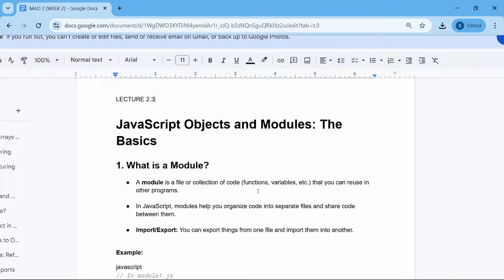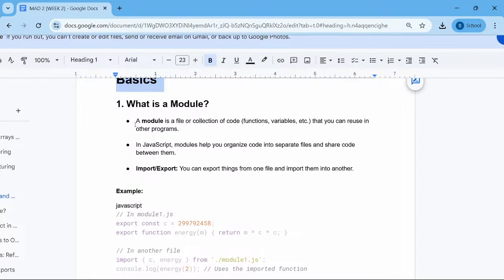So let's start with lecture number 2.3, and this will cover objects and modules, basically the basics. So what is a module? A module is a file or a collection of code that you can reuse in other programs, right? So basically,